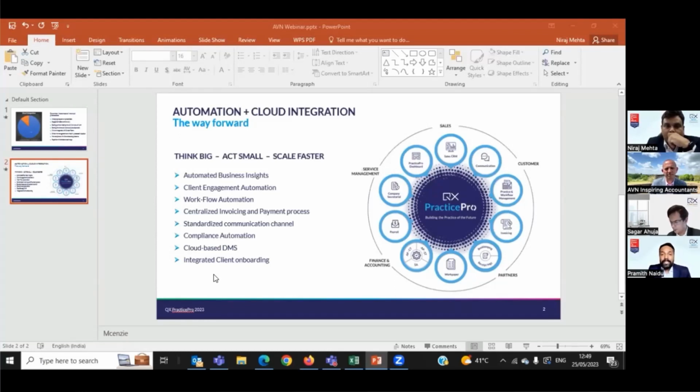We want to bring that to you to advise and guide you on what works best and how you can scale up your practice while taking those small steps towards that integration goal.